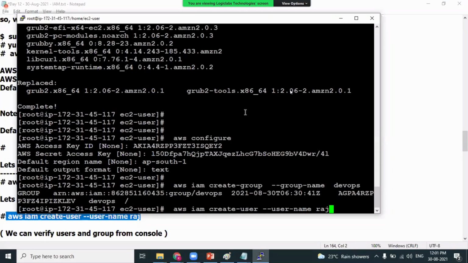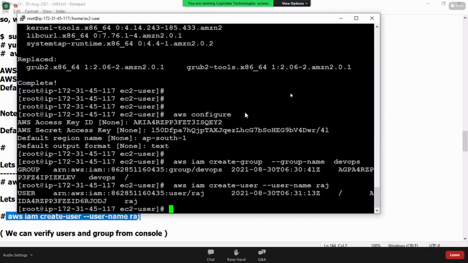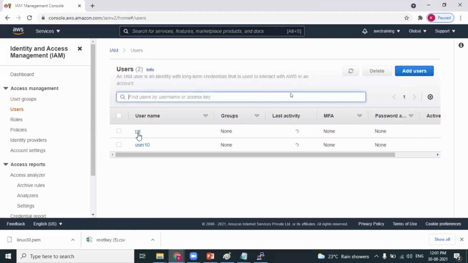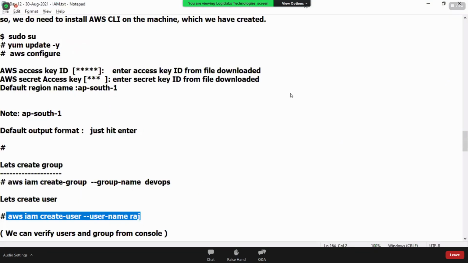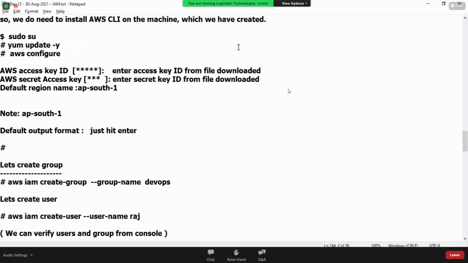So what I'm doing here again, I'm creating a user. The name of the user is Raj. Again, what happens in the console access? Obviously, the Raj user got created, isn't it, Anuj? Right. So the commands do not make any difference with respect to the operating system. I just want to show you. We have seen how to connect to CLI from the Linux machine. Anuj, is it? Right. One important point you need to keep in mind.